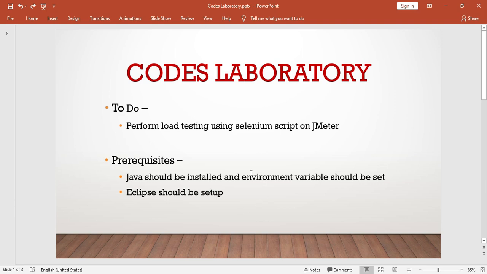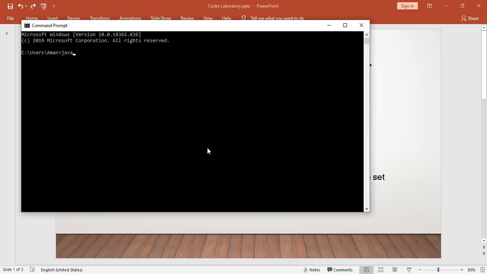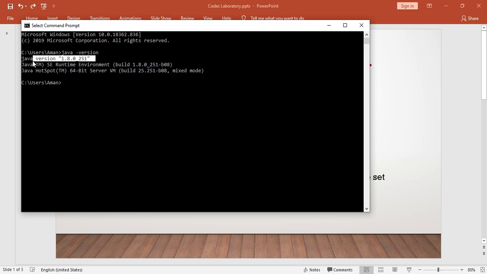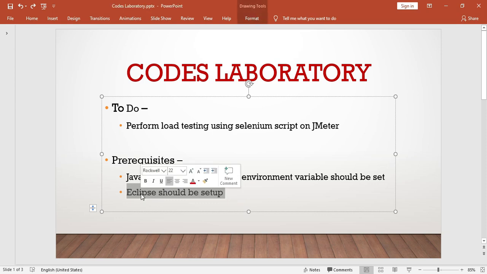To check whether Java is installed on your desktop, you just need to go to your CMD and write java -version. So here it is. As you can see, I have Java version 1.8, which means I have installed Java on my machine. And to set up Eclipse, you just need to download the setup and you can simply use it.